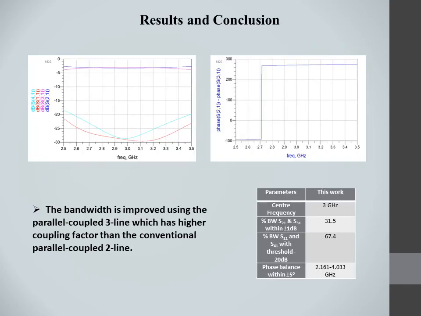The ADS Momentum simulation is carried out for a frequency range of 2.5 to 3.5 GHz, and the plots for S parameters and phase difference between the two output ports are as shown. The fractional bandwidth is defined when all return losses are less than -20 dB, isolation is better than 20 dB, and power and phase imbalance within ±1 dB and ±5 degrees respectively. The coupler achieves 500 MHz bandwidth around the center frequency of 3 GHz, which was expected from the multi-section design. All the results obtained within the fractional bandwidth are shown in tabulated form.